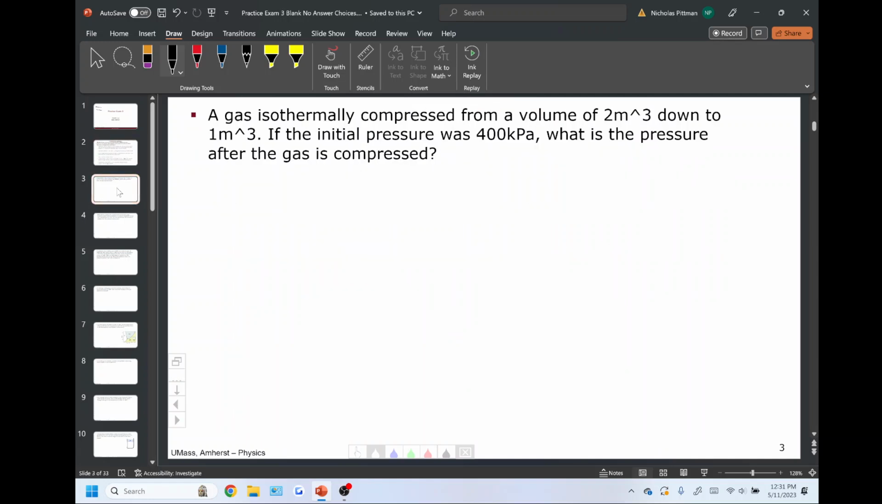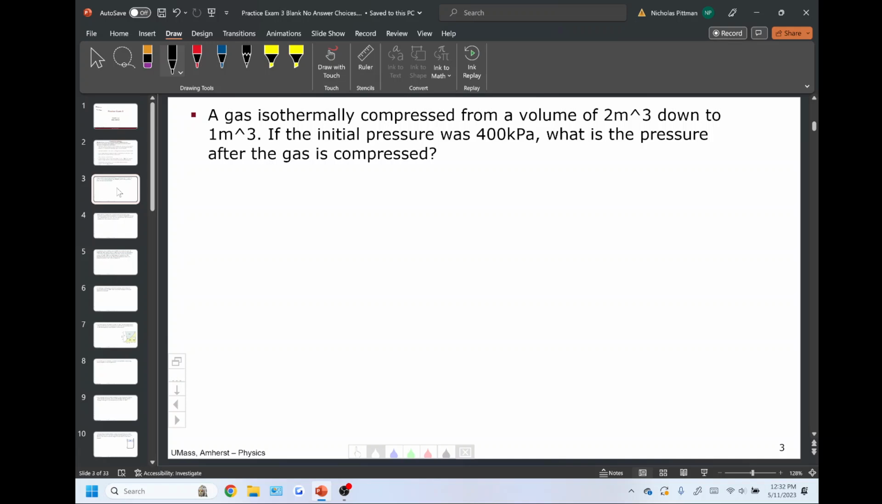Okay, immediately I see one of my keywords, isothermal. So I know either Charles' law or Boyle's law or whatever might apply. So let's see, I'm told volumes and initial pressure, and I'm wondering what's the final pressure. And isothermal was my keyword, so I immediately think, oh, maybe I could